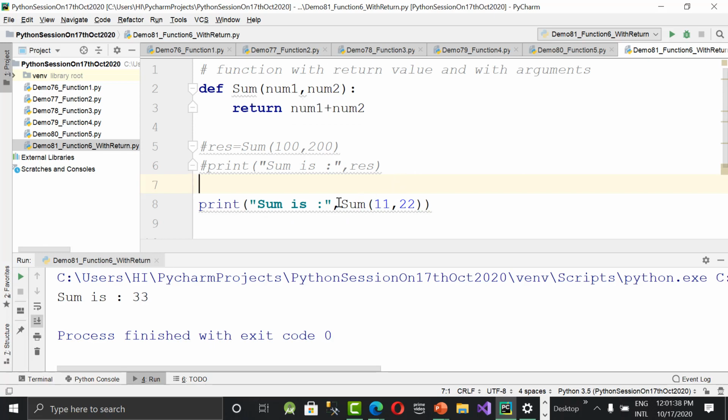In which case do we go for a return statement? Suppose I need to return a value to some other function or some other module, where I need to catch that value and do some validation. For example, if the sum is an even number, then only I want to print. If it is an odd number, I don't want to print. Then I will write a condition: if res mod 2 equals 0, then print it. You need not write else, because you don't want to print it if it is odd. So in that case, we can go for returning a value compulsorily.